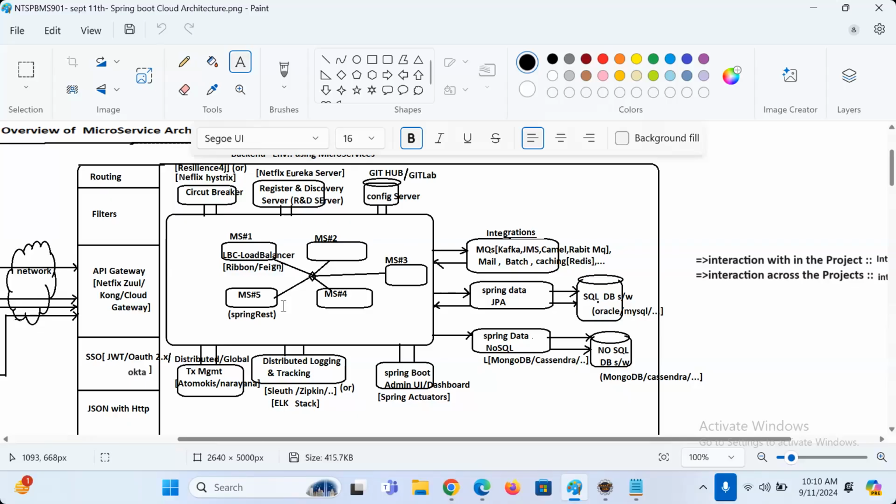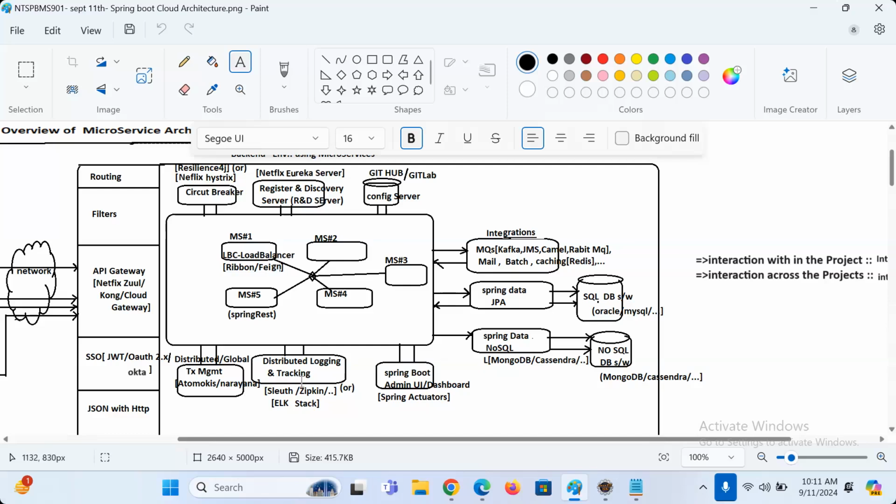If rolled back, data should be rolled back from all databases. For that purpose, we need to work with global transaction management. For that, we have Narayana and Atomikos. Superb. Next one is what, guys?